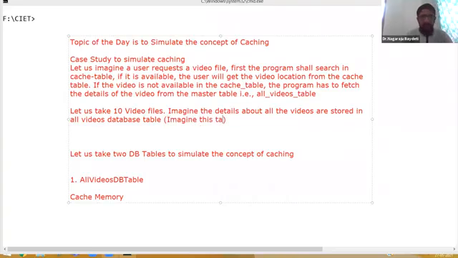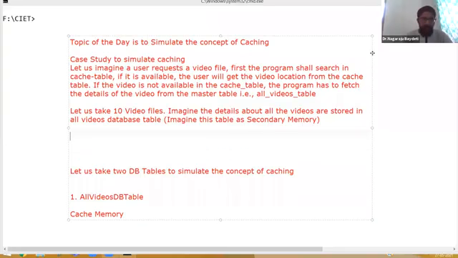Imagine this table as secondary memory. See, we are trying to simulate the concept. We are not trying to bring out the real concept, but exactly how caching happens. We are trying to mimic it by using two tables. Both are database tables only. Imagine one as secondary memory, and imagine another as the cache table in primary memory.